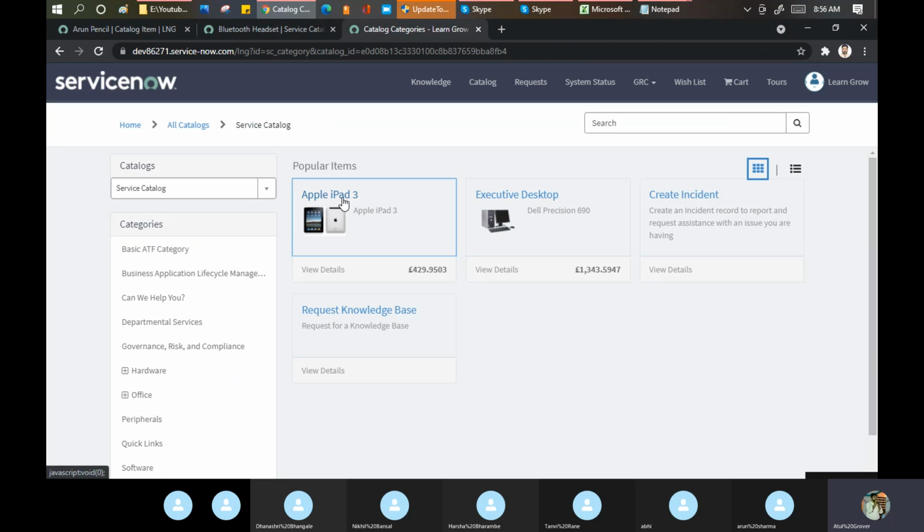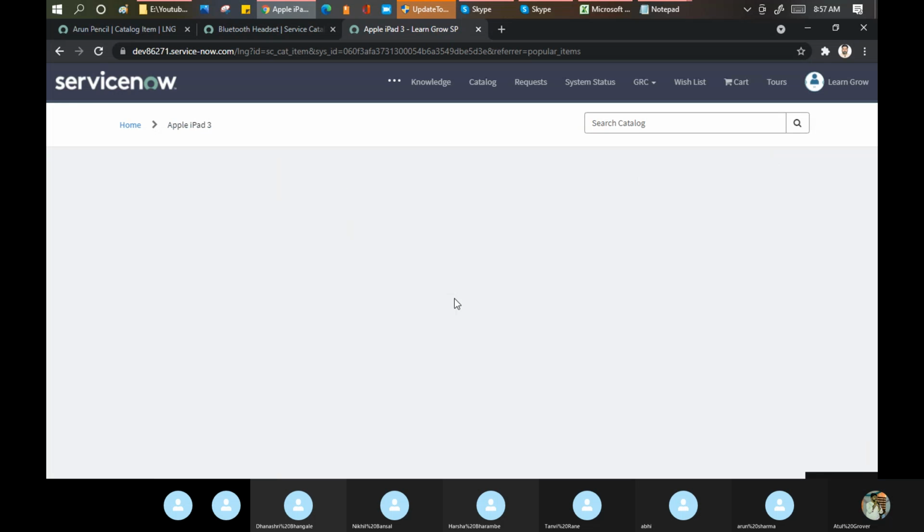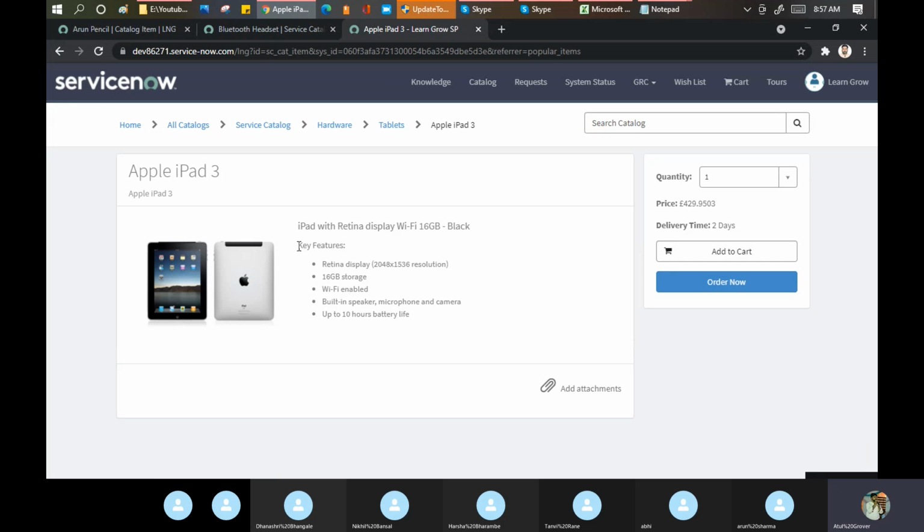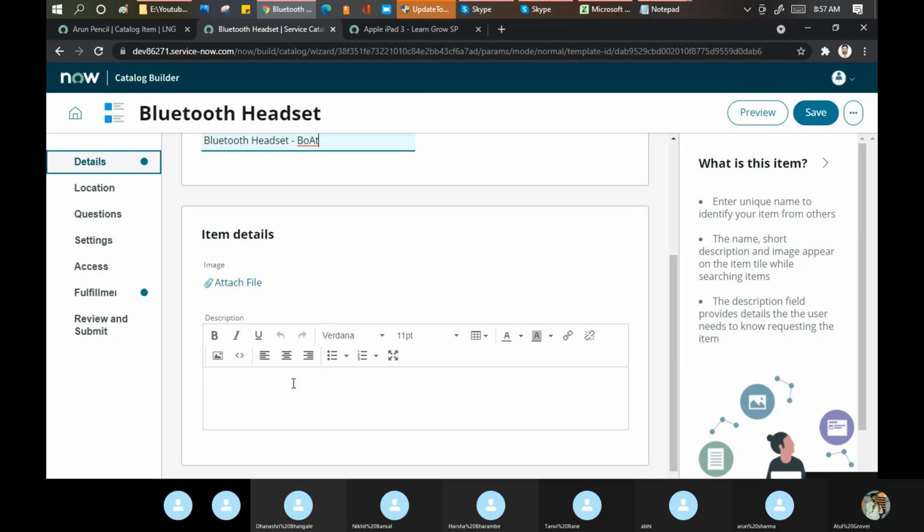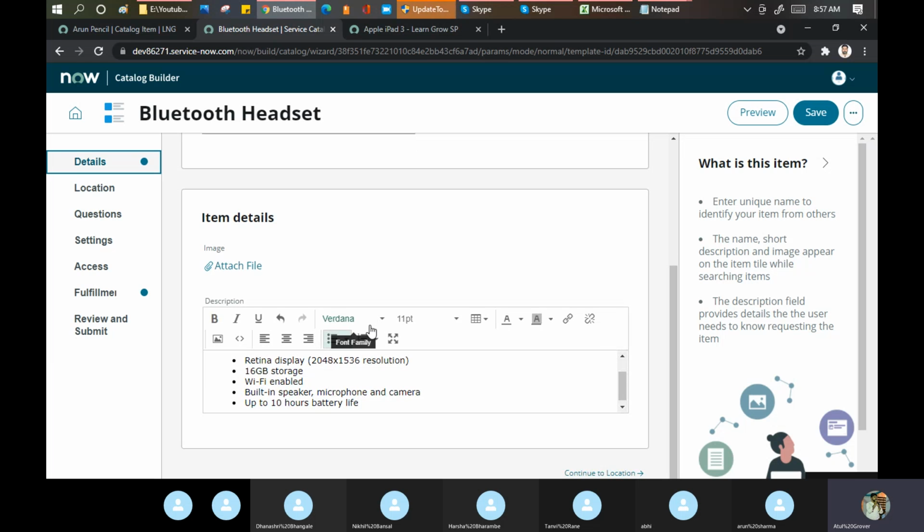This thing, if I open this, these things, let me copy this thing. Copy it here. Okay, fine. Anything else you want to add? Any attachment you want to add? Any image you want to add? You can add it. Number one step has been done.